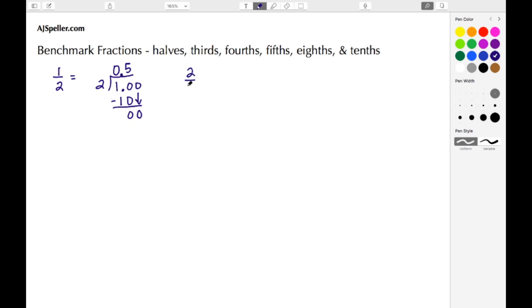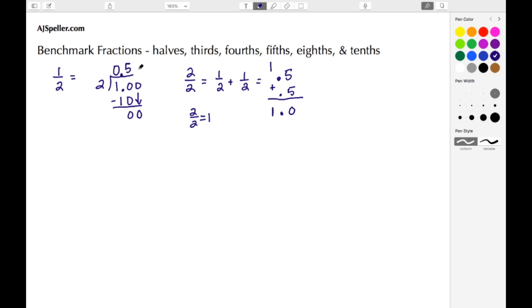Well, if I want to do 2 halves, well, 2 halves is the same thing as 1/2 plus 1/2. Well, we just said that 1/2 is the same thing as 5/10. So if I write this vertically as 5/10 plus 5/10, I know I need to keep my decimal points lined up. And when I add 5 plus 5 to give me 10, so I write my 0, carry my 1, and then 1 plus nothing gives me 1. So we already knew that 2 over 2 is the same thing as 1, but we're just showing it here.